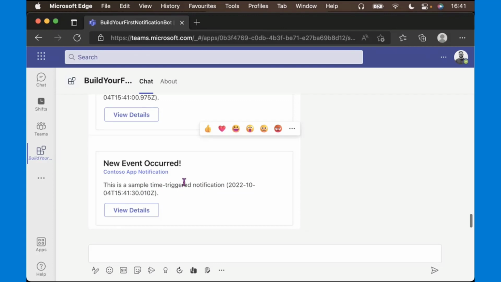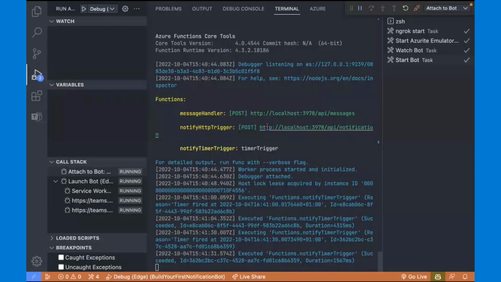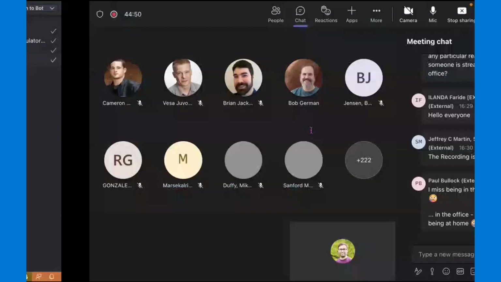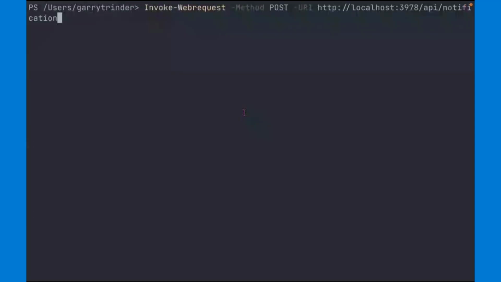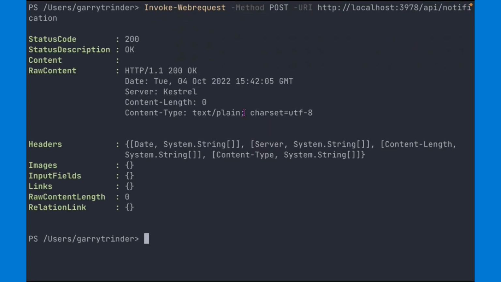Now, I mentioned that there's an HTTP trigger. If I go back to Visual Studio Code, we can see that there's an endpoint that has been stood up for us, this API notification endpoint. If I come over to PowerShell, you can invoke the service. So just send it a post request, which I will do now, and I'll get a 200 response.